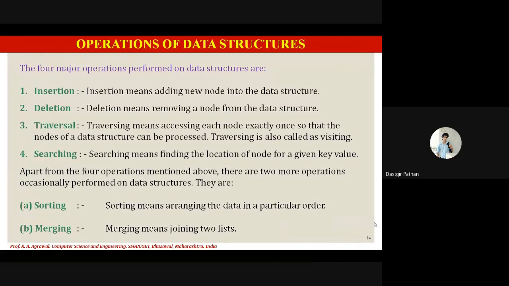So today we will discuss the various operations that can be performed on data structures. As we know, the basic primary operation for any data structure is the creation of its type. Whatever data structure we are handling, the first operation that has to be performed is the creation operation. So creation is one of the very basic and primary operations of any data type.